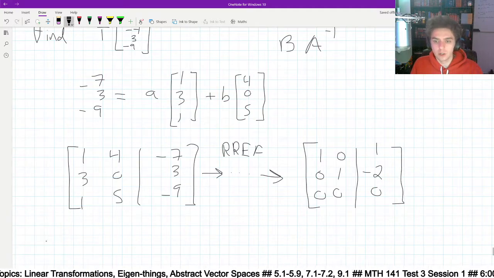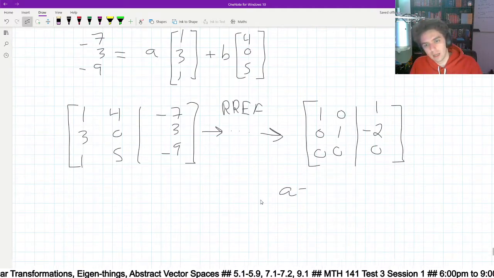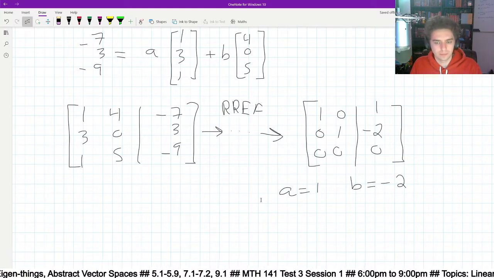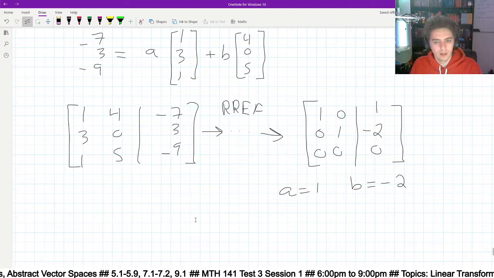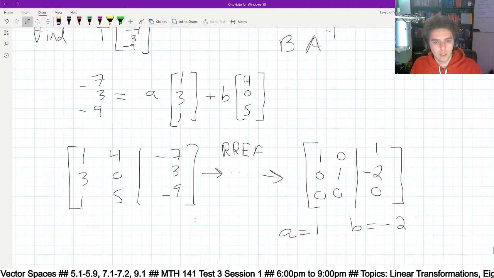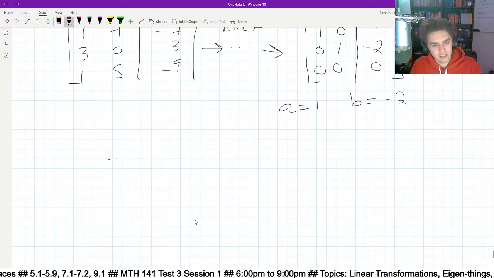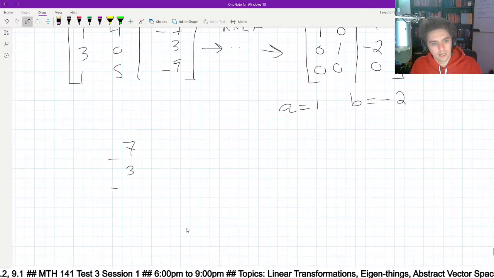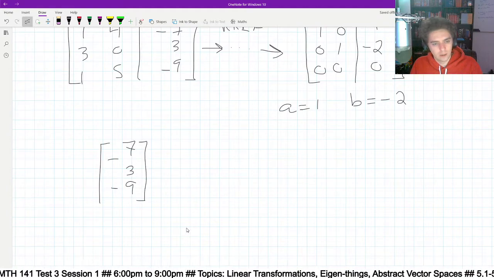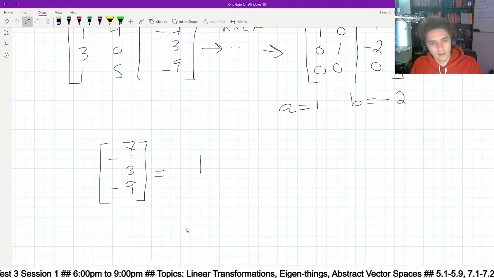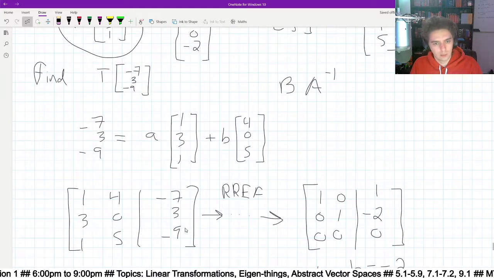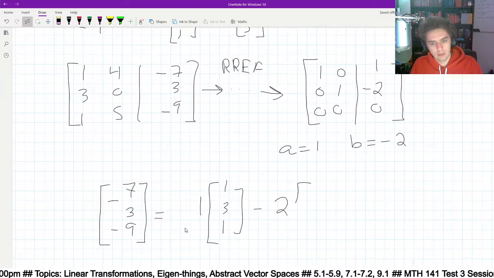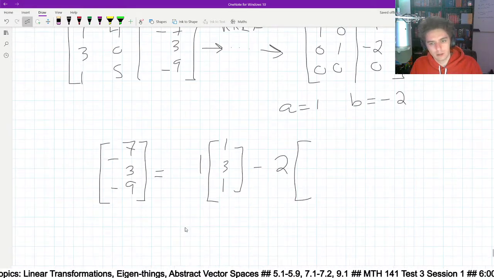So the solutions are A equals 1, B equals -2. Since we know that (-7, 3, -9) equals 1 times (1, 3, 1) minus 2 times (4, 0, 5),